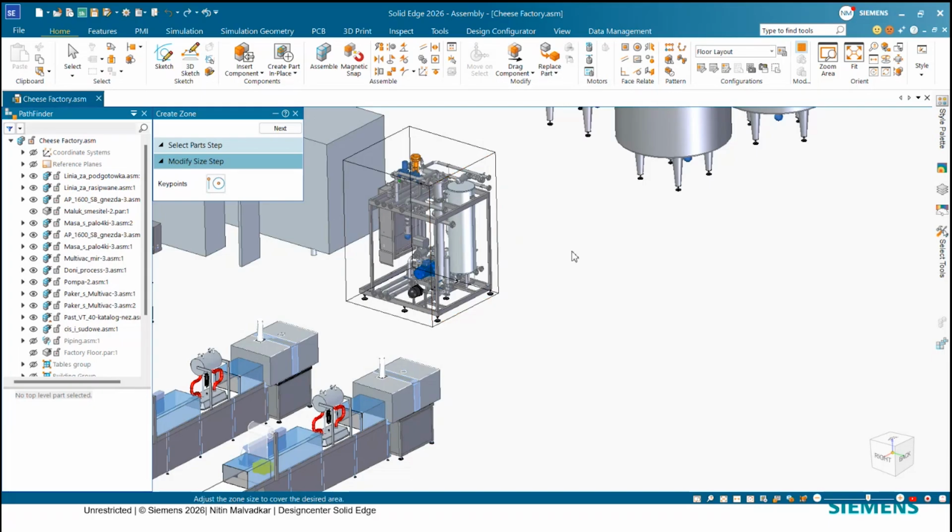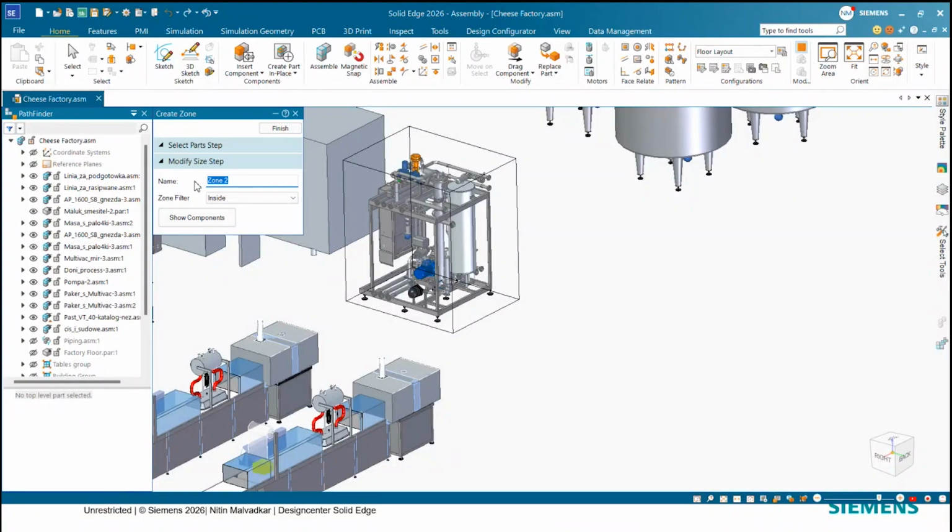Now, let's say, for example, I am not happy with this envelope. I want to make some changes. So if I click on modify size step, I'm just going to select this face and drag it so that I can add some extra volume to it. All right. Once this is done, it's going to ask me what is the name that I want to store it with. So I want to say save it as filtration